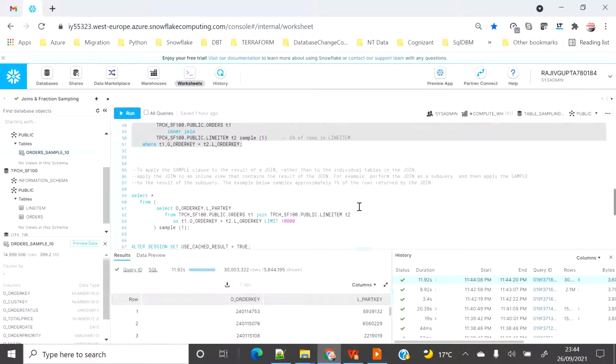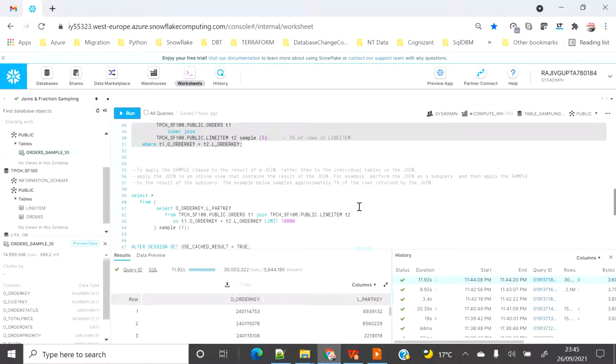In the same way, if we want to apply the sample clause to the result of the join rather than to the individual tables in the join, we apply the join on an inline view that contains the result set of the join. For example, perform the join as a subquery and then apply the sampling to the result set of the subquery.